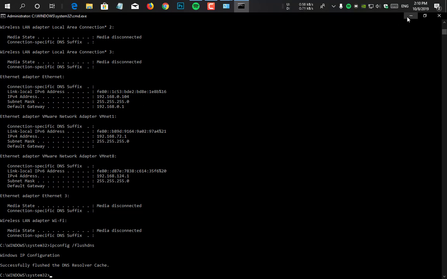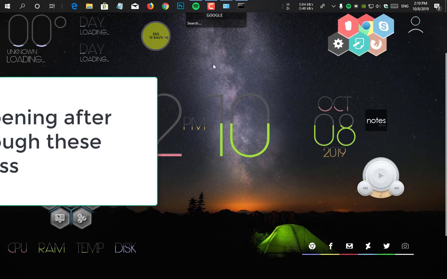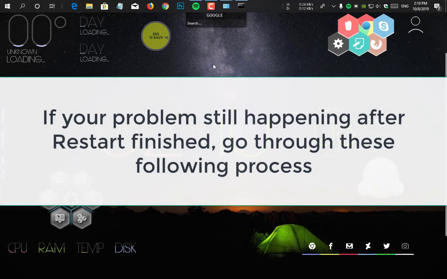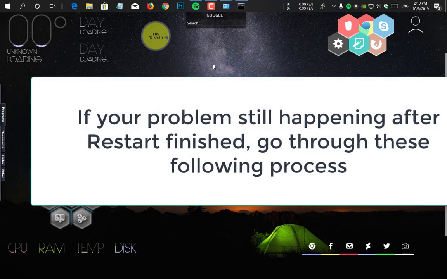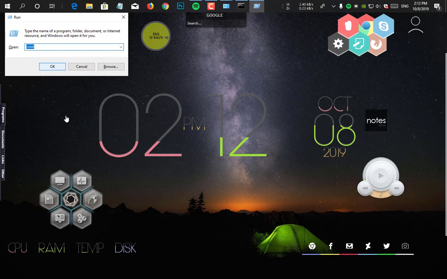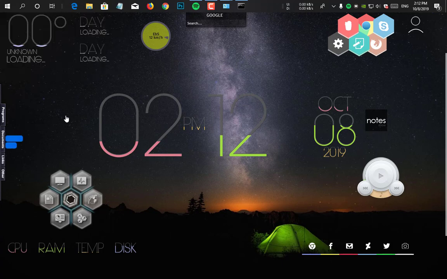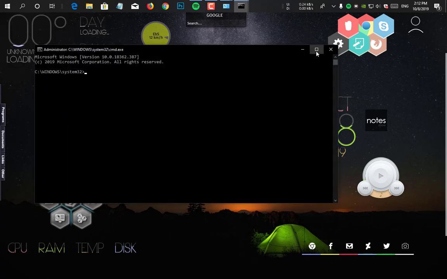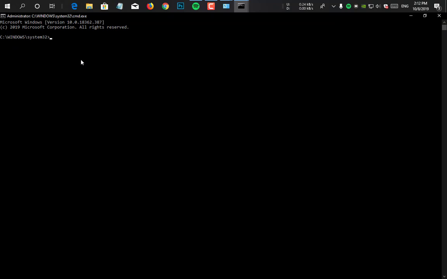This time I will show you, if your problem is not resolved after restart, you will follow these steps more. So what will be our next step? It will also be command prompt commands. Just go to CMD, Control Shift Enter, for administrator privilege. We need to disable our firewall service from here. How do you do this? Just type in netsh